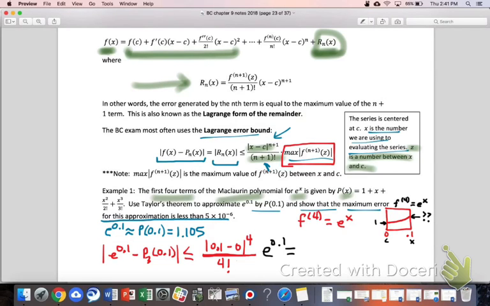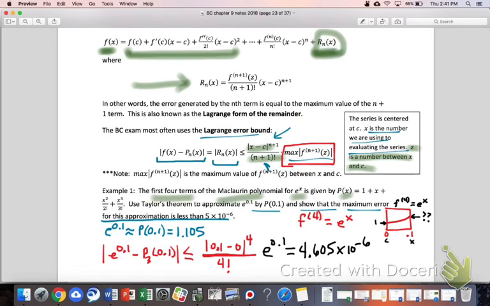Any numbers yet? Yeah, for the whole thing. So it'd be 0.1 to the 4th over 24. 4.605 times 10 to the negative 6. Okay. 4.605 times 10 to the negative